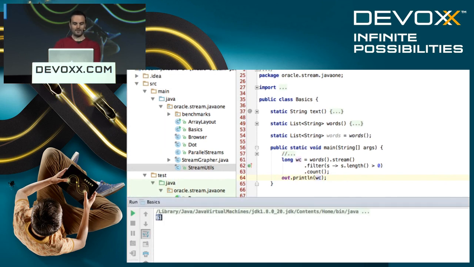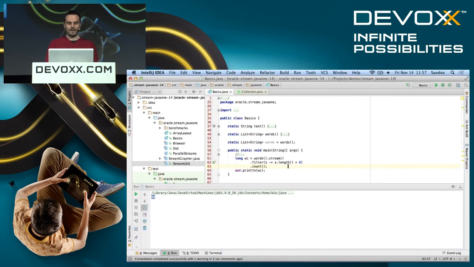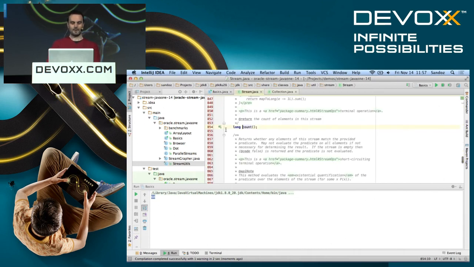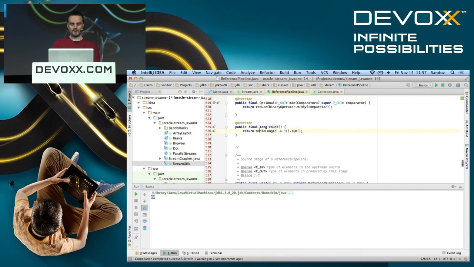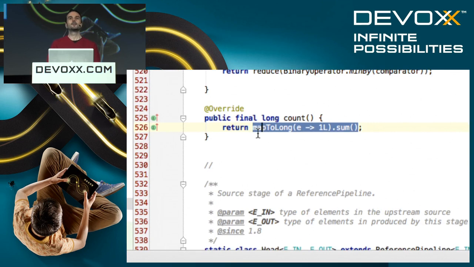So remember that number, we have 68 words in our stream. So what is count actually composed of underneath? If we have a look at the actual implementation of count and go into our stream implementation, we see it's composed of two other operations, a map and a sum, like so. The trick here to count is we map all the elements, all our words in the stream, and we just substitute each one with one, and then we count it all up. That's a neat trick. You learn it once, and then you remember it later on. And you can do little transformations like that for your own stuff.